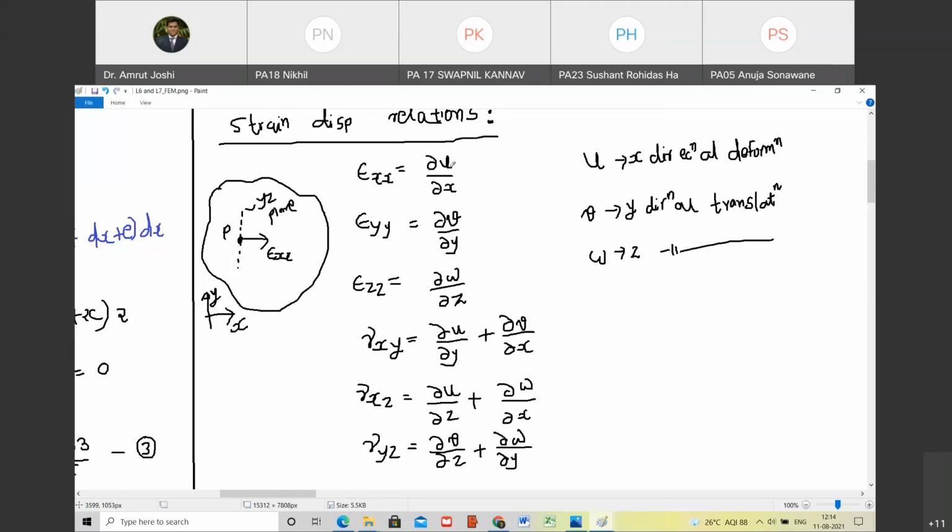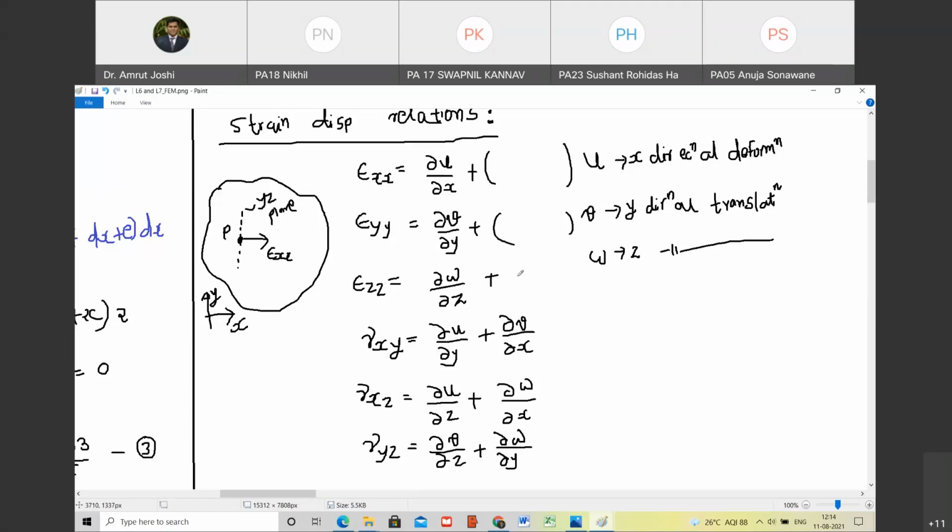Yes, sir. So these are called strain displacement relationships, but we call them linear strain displacement relationships. Why? Because देखो इन सब quantities का power कितना है? 1 है. Do you agree with me? Yes, sir. But now tell me, we also have terms involved in square of du by dx and so on and so forth. वो सारे terms हम neglect करते हैं.